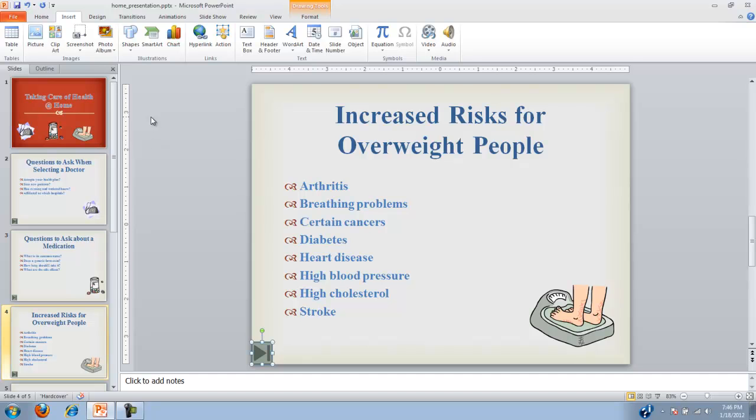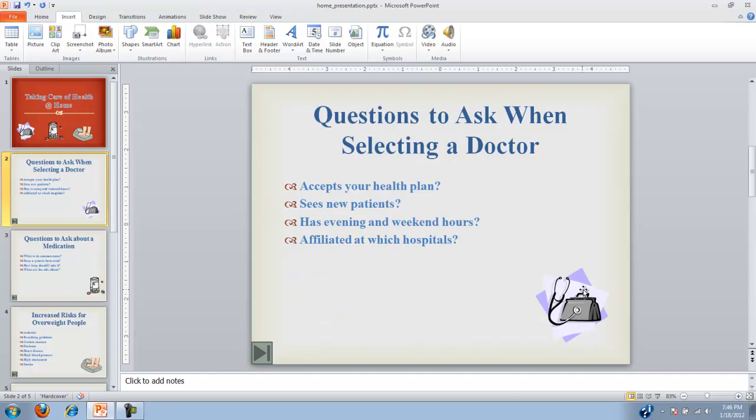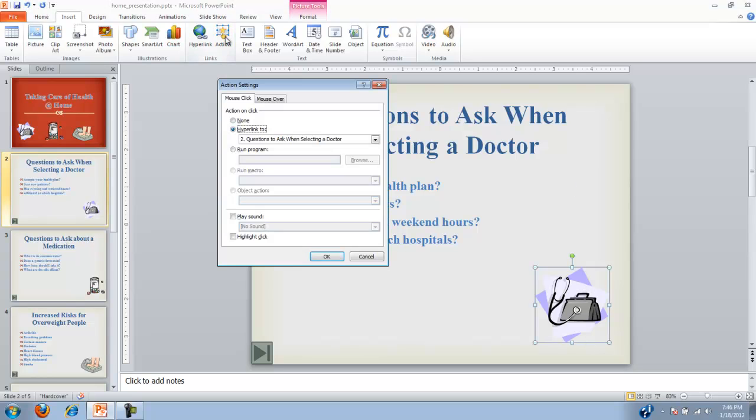What they want us to do now is go back to slide 2, and we're going to make this image, or this picture, an actual hyperlink. To do that, we click on the picture and do the same operation. We're going to go up to the action button, and you can choose a number of different things here. And for this, they actually want us to hyperlink to